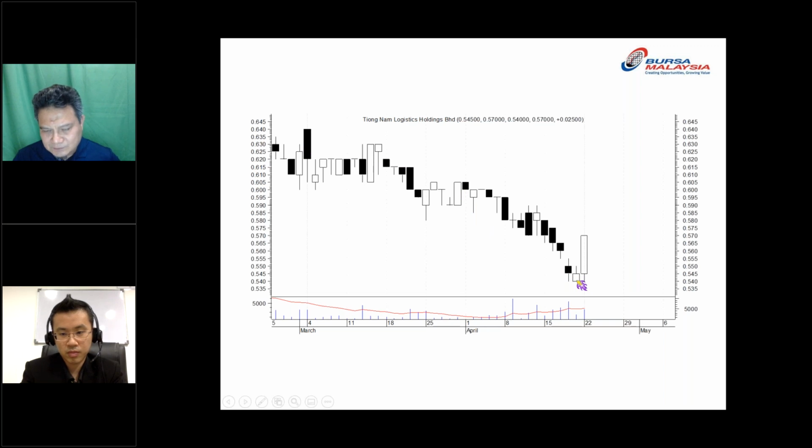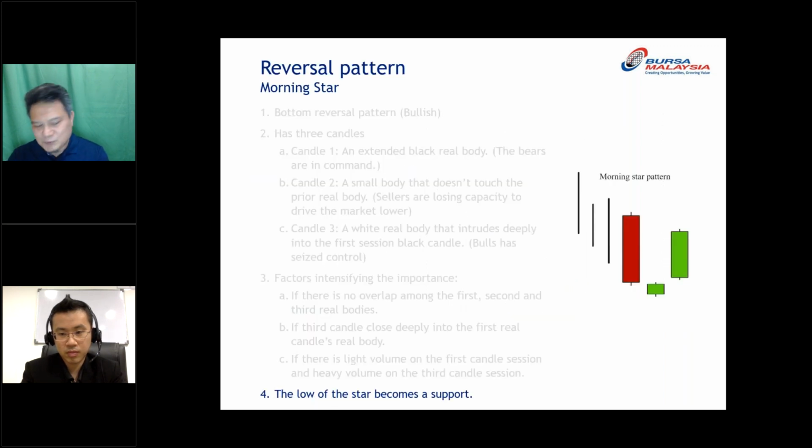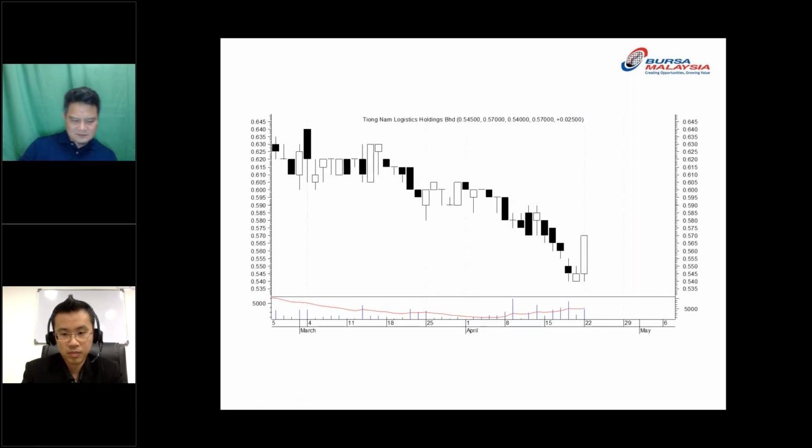shooting star here. See, this is shooting star. Sorry, morning star. I always mix up shooting star and morning star. Okay, morning star is at the bottom. You see, what is morning star? So we see morning star is the beginning of the day. See? So a morning star is the starting of a new chapter or a new movement.